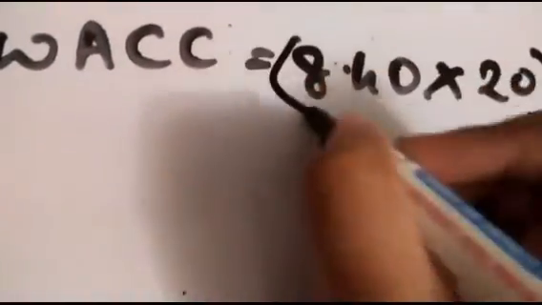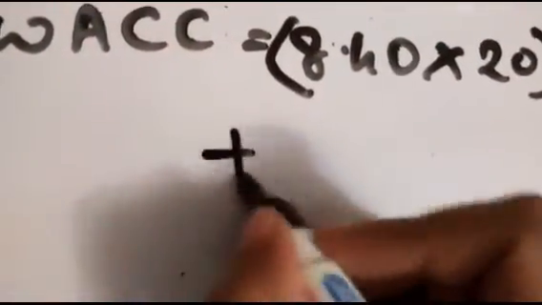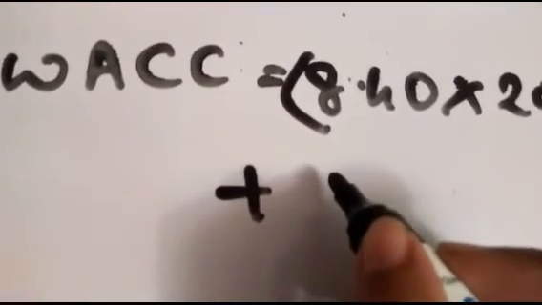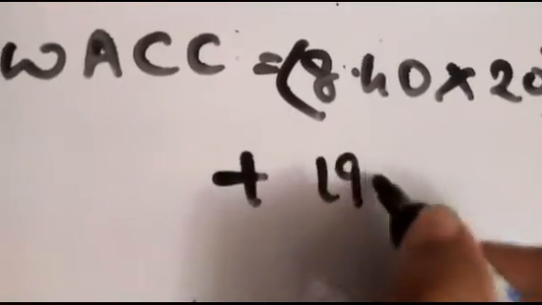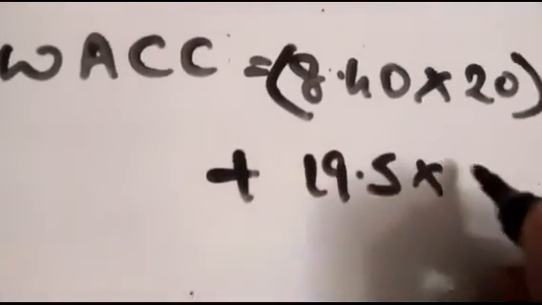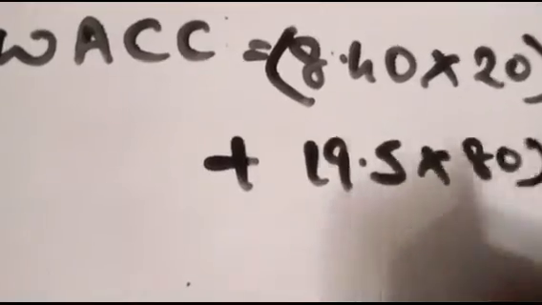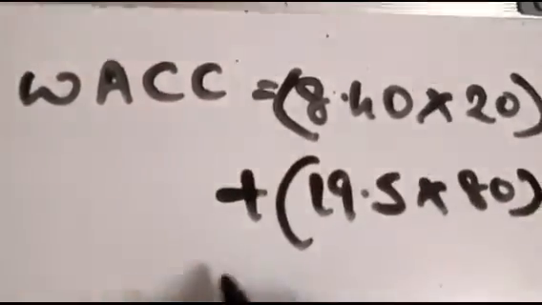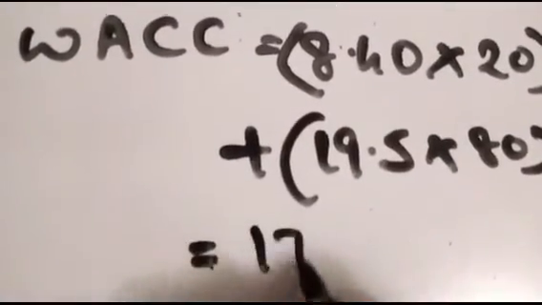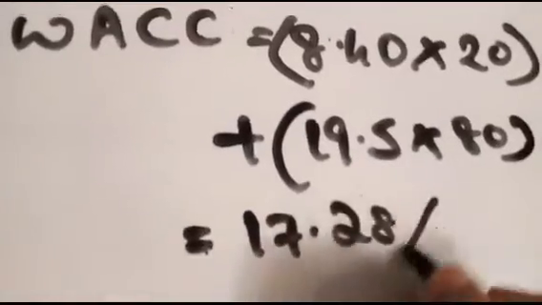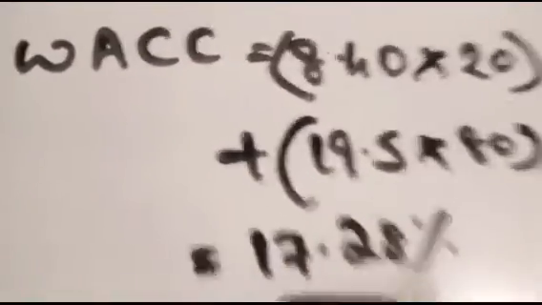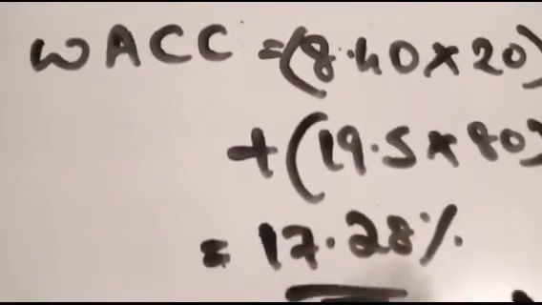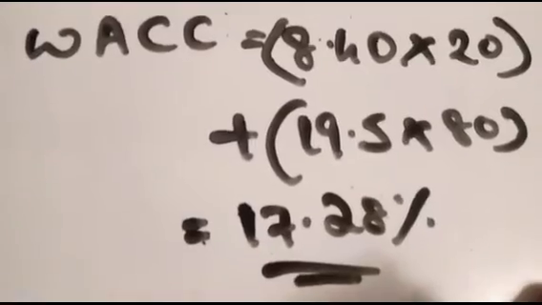And we have to add to this the cost of equity capital. Cost of equity capital we calculated as 19.5 into 80% of equity, that is given in the question. Adding this, we'll get 17.28 percent, which is the weighted average cost of capital. So we found the weighted average cost of capital, and in the question it is given that